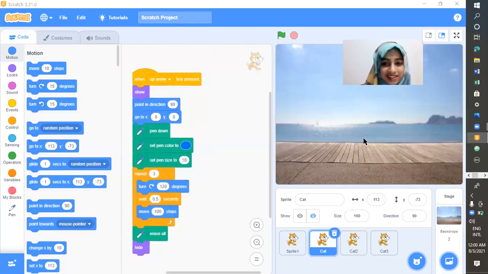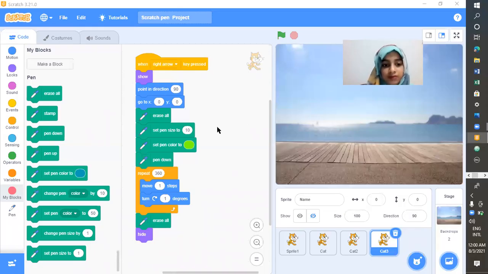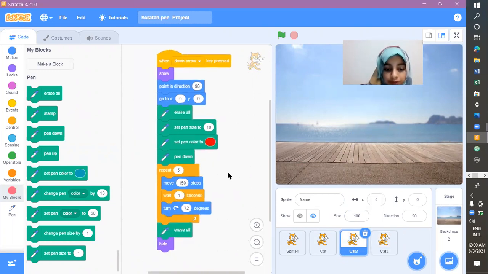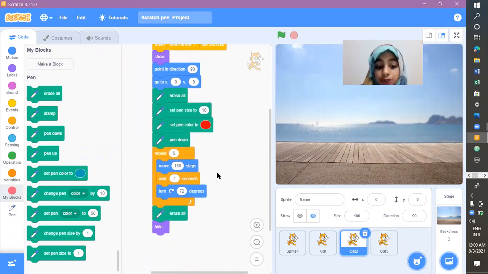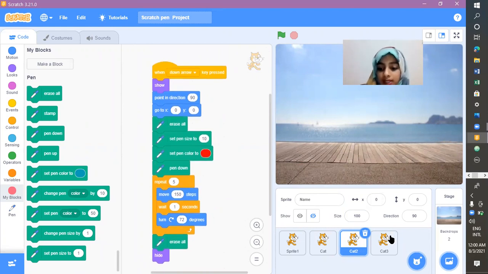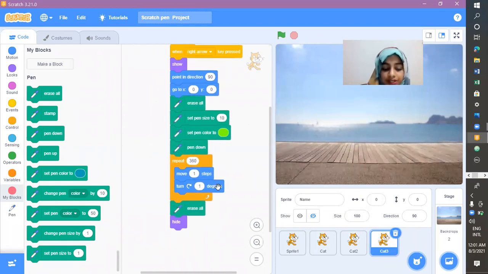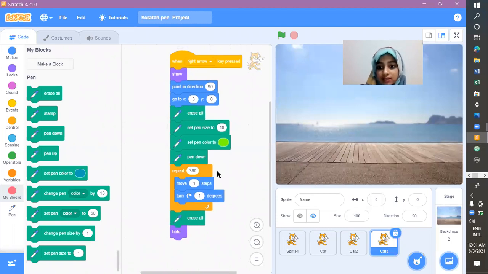And I'm showing the result. As you can see, I've done it for cat 3, and for cat 2 also, I've given turn 72 degrees for the polygon. And for the circle, remember, it will move only one step. If you give 100 steps, it will not work. And then it will turn only 1 degree, because it will repeat 360 times, as a circle has 360 degrees. So let's